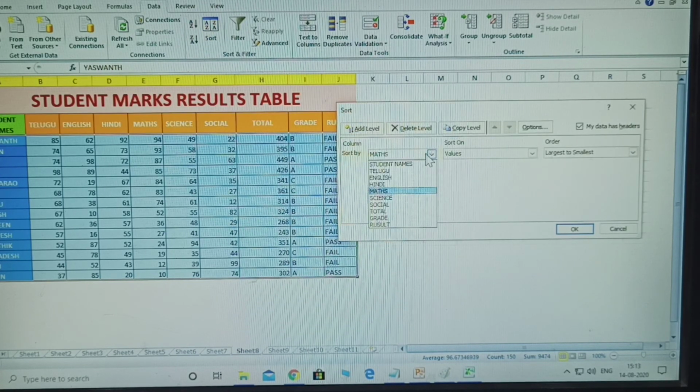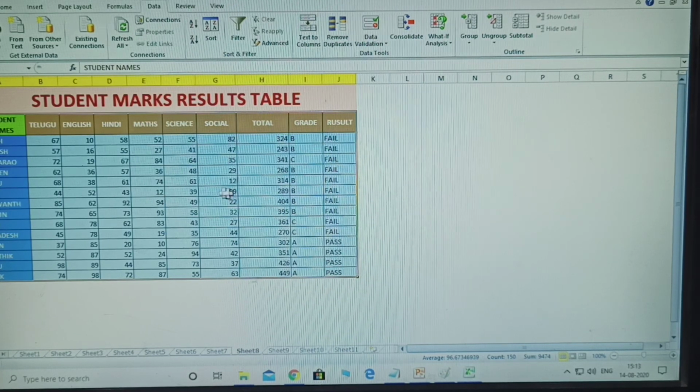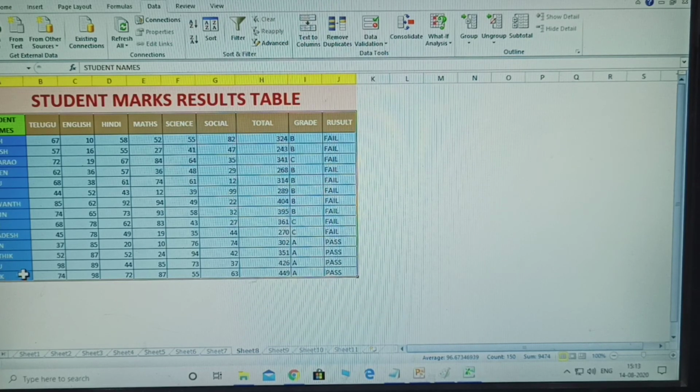Practice again with another subject, English, smallest to largest. Click OK. Did it change or not? This is the usefulness of Sort. I gave only 12 students here, but even with 200 students you can change easily using Sort.